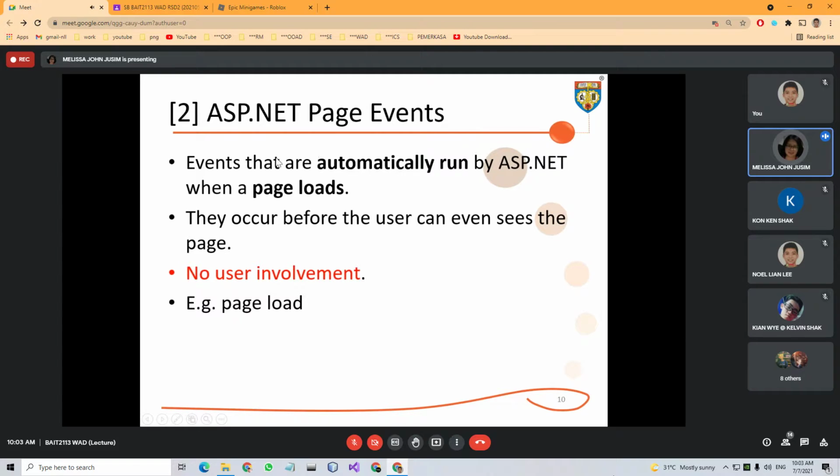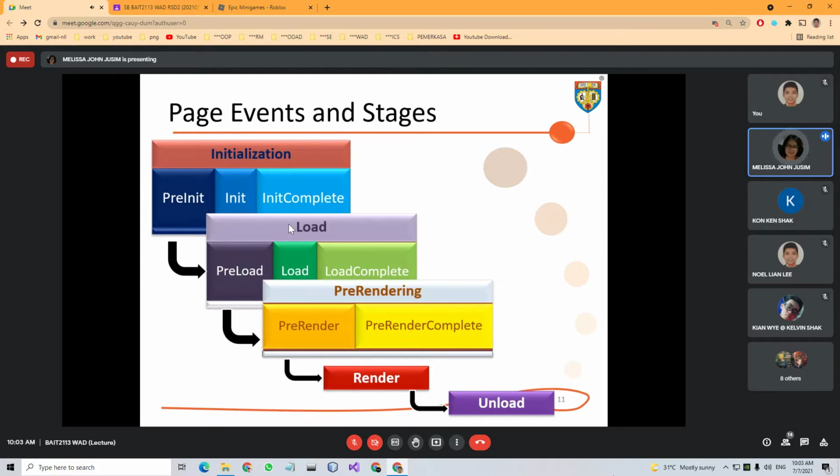Automatically run when a page loads, meaning before you can even see the page, this event has occurred. As simple as that. So what happens during the loading of the page? These are the page events.